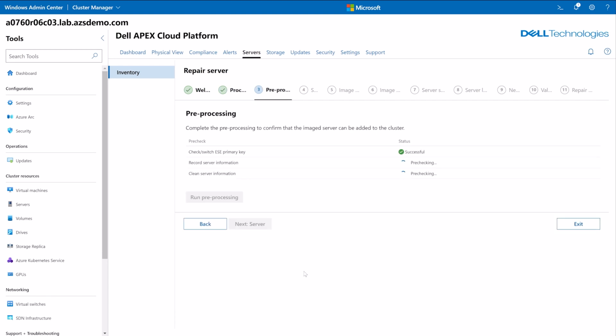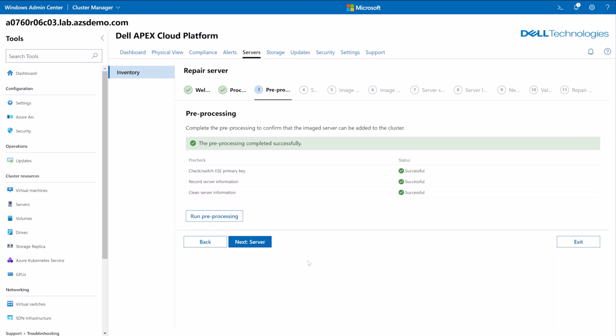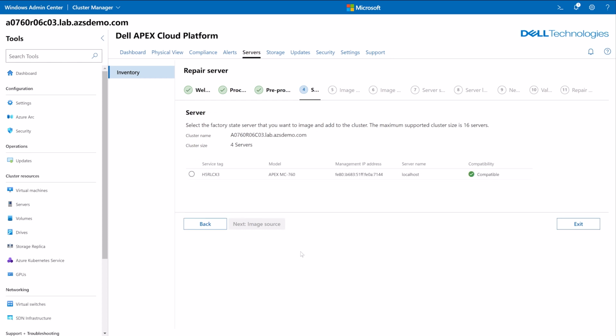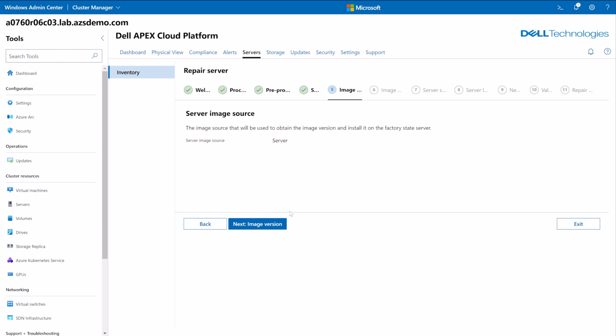So the workflow performs some pre-processing tasks to ensure that the factory reset node is capable of being added back to the cluster after the automated reinstallation of the Azure Stack HCI OS. Then our automated node discovery process kicks in and finds the node. Now, the next couple of steps validate that the